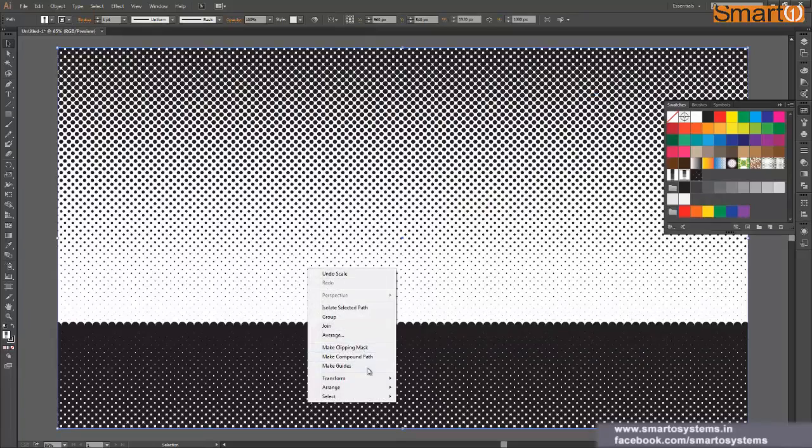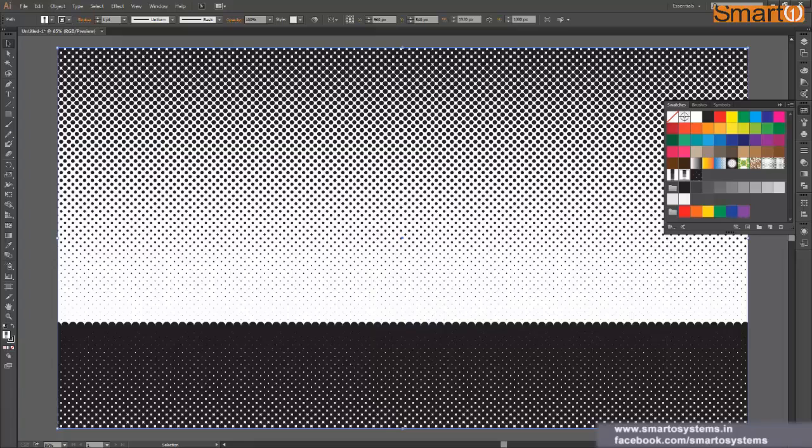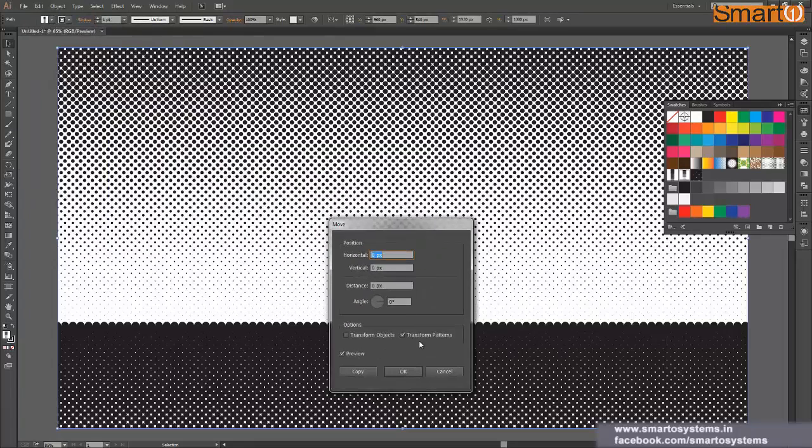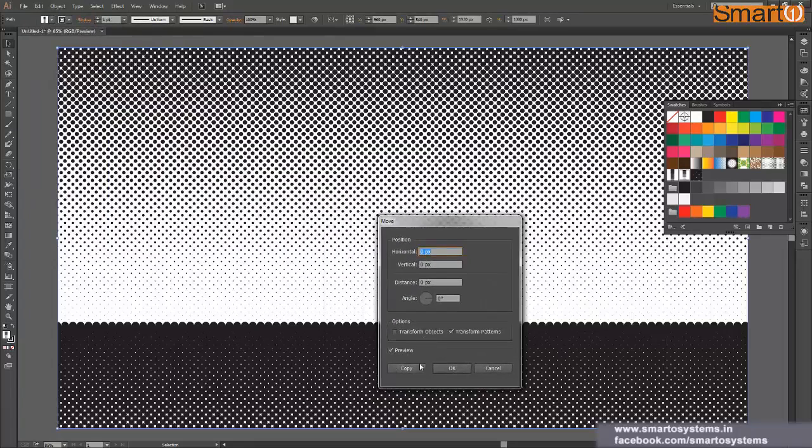So let's see, we make it 150%, click OK, and this time we'll move the pattern. So right click, transform, move, and inside move I would say transform patterns instead of transform objects. Let's say we only want to move the pattern vertically, we don't need horizontal movement, because horizontally it fits perfectly fine from left to right.